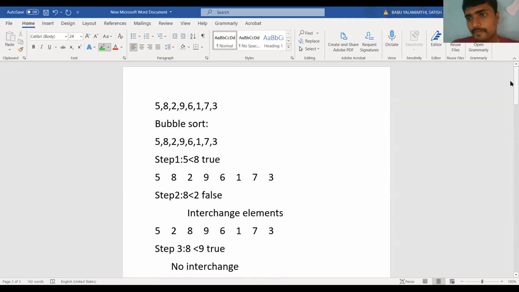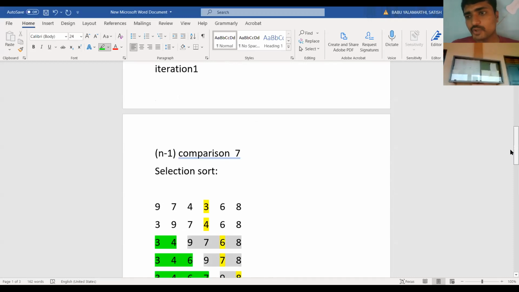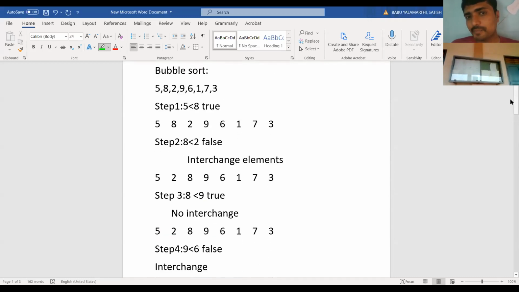So in tomorrow's class, write the Java programs for all these: bubble sort, insertion sort, and selection sort. Submit and explain the programs in the next class. Each student has to write the program and explain.